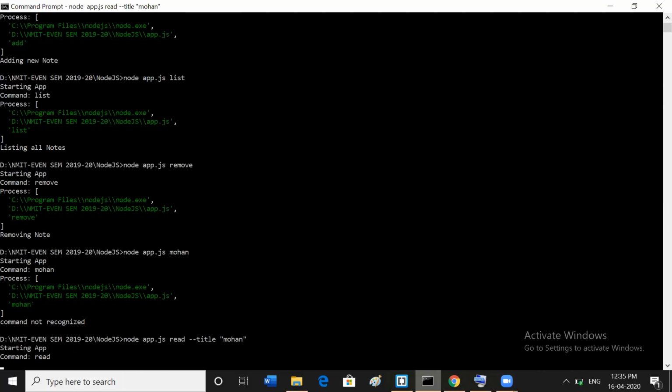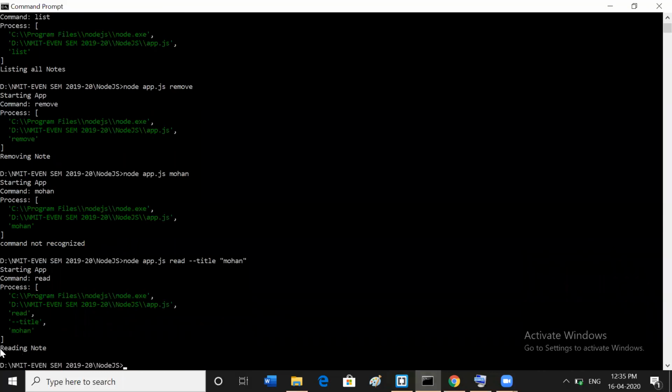At that time, what will happen, see here. This is the node executable file, this one is the app.js file, this one is read, title. Title is different and value is different, it's splitting the line. This is the major disadvantage with respect to process.